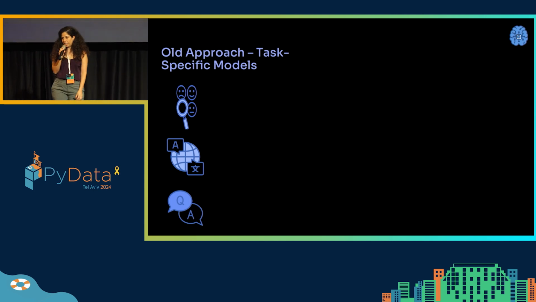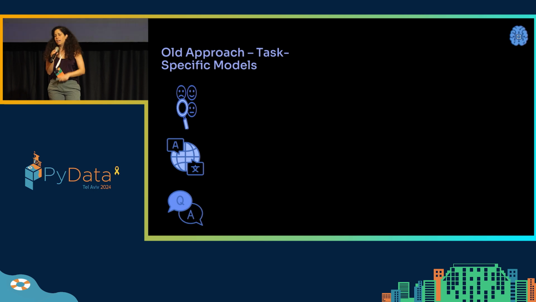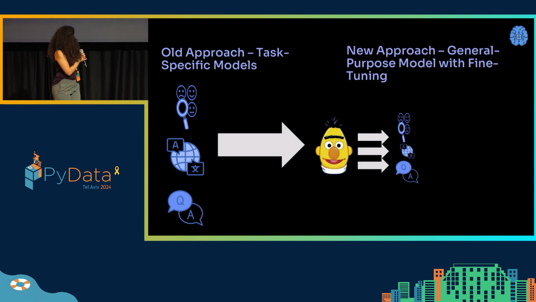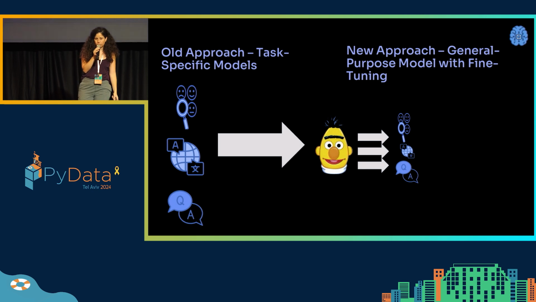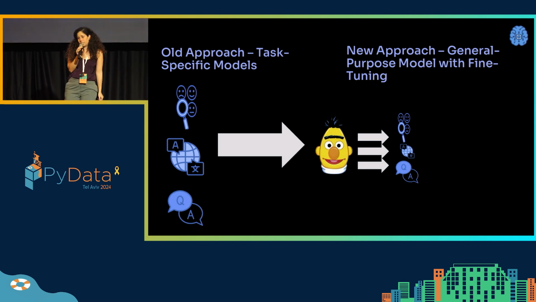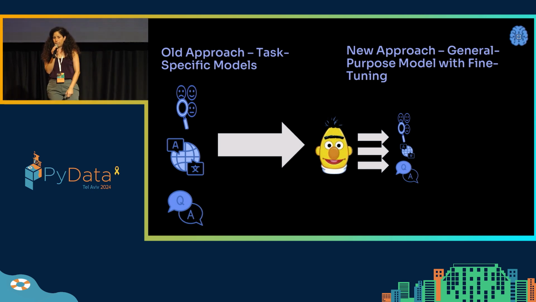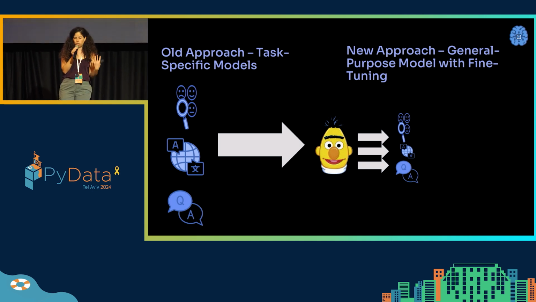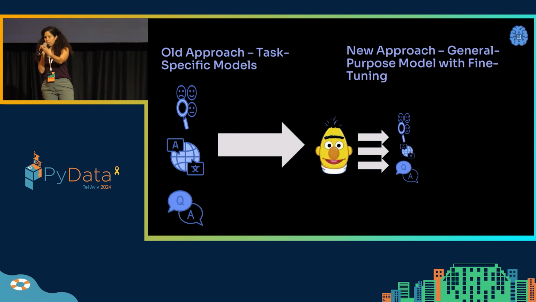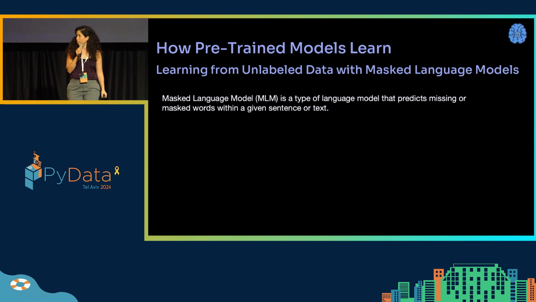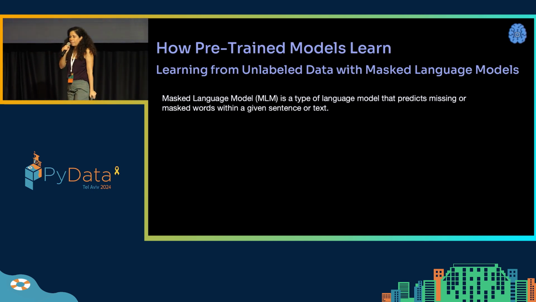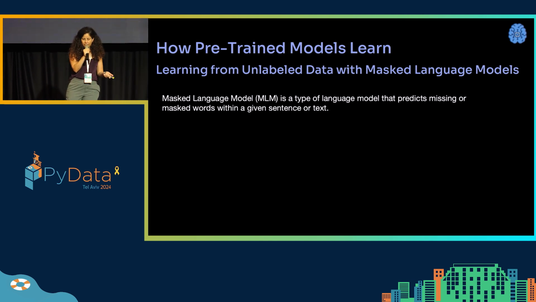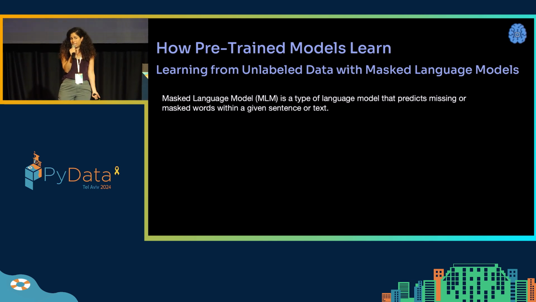Each one of those models had its own architecture, and they required a lot of data. And then came the pre-trained models, like BERT or GPT, and changed everything. You had a pre-trained model that had been trained on a lot of data and knew general language skills, and then you fine-tune it for each task. Okay, what is the magic of pre-trained models? They don't need neatly labeled data. They can use a lot of unlabeled data.